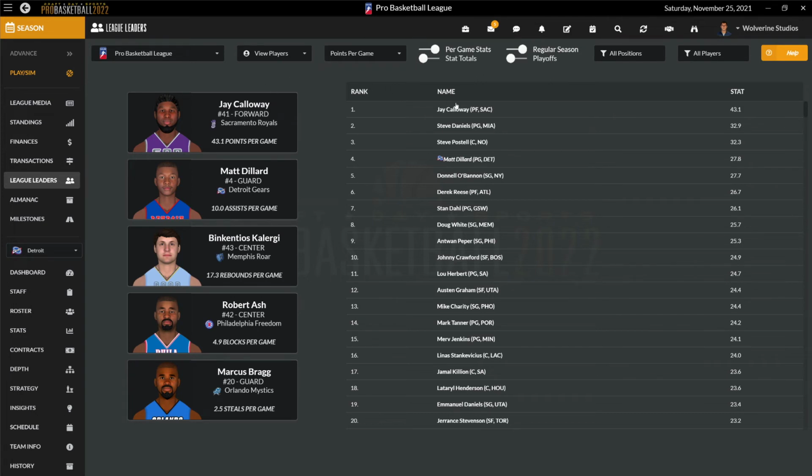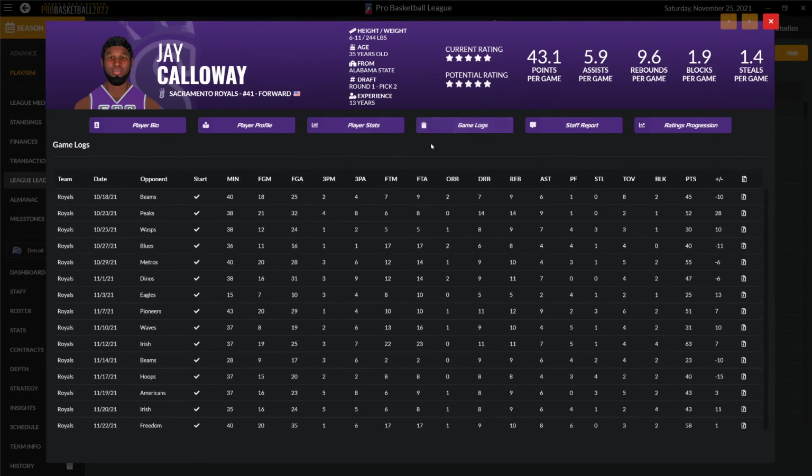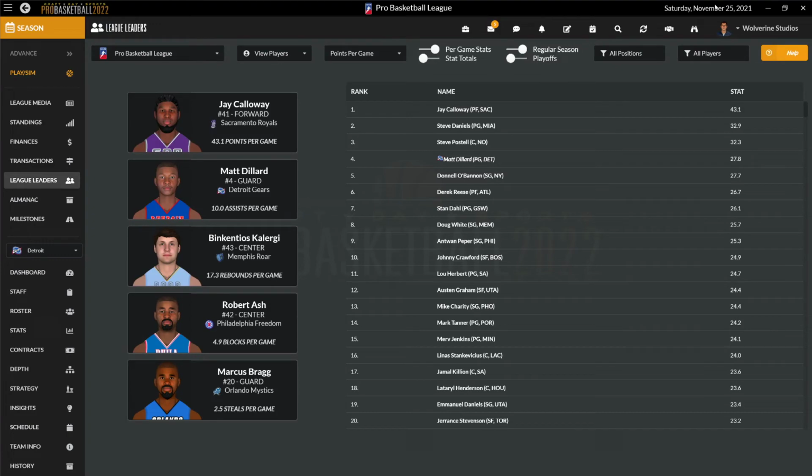Oh, look at this guy. He's averaging 43 points. It's only been a couple games, but in the player regression, this guy's crazy. He gets a lot of free throws. Back on the player regression, we're